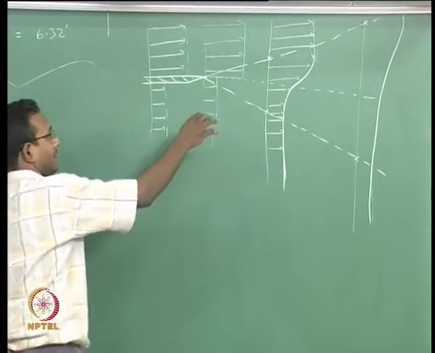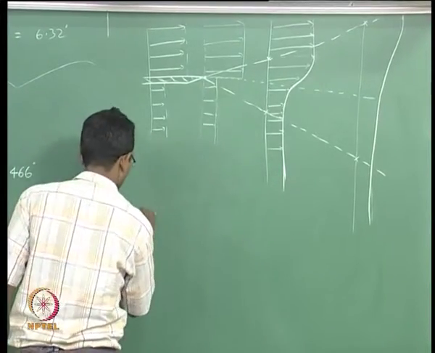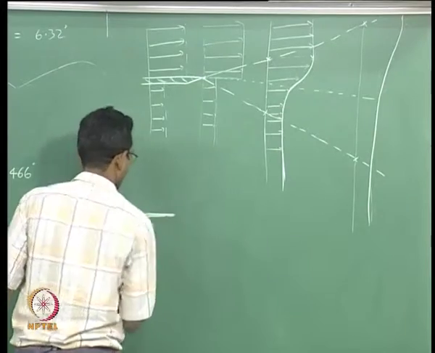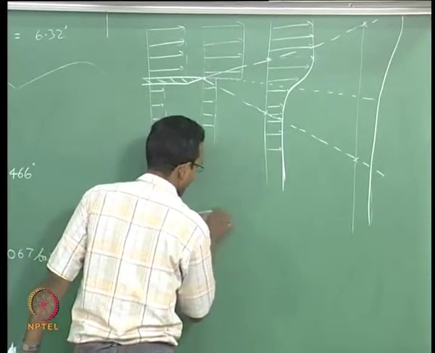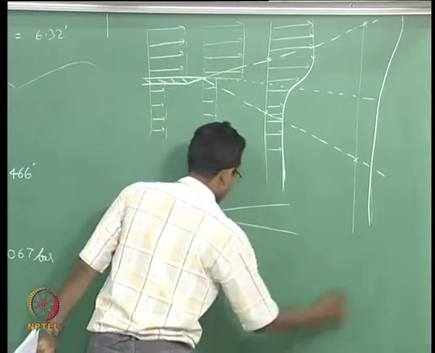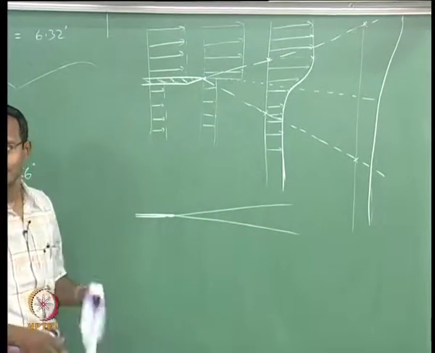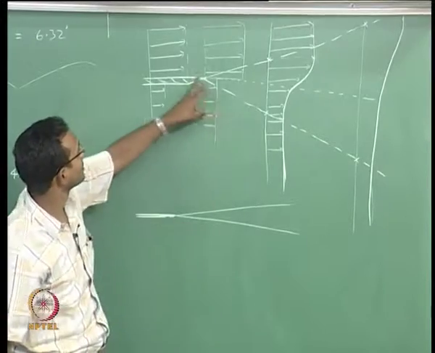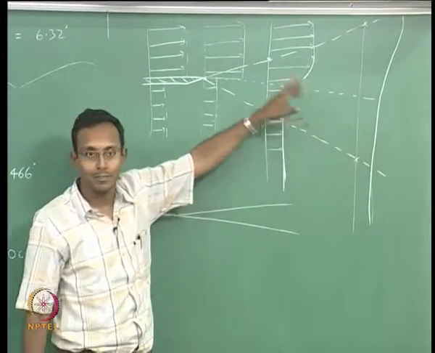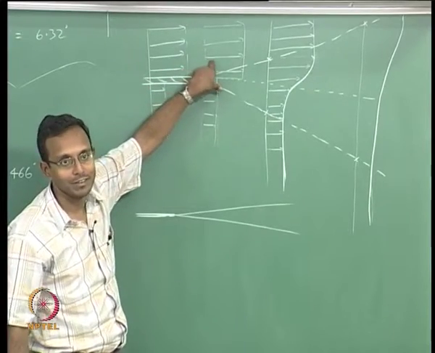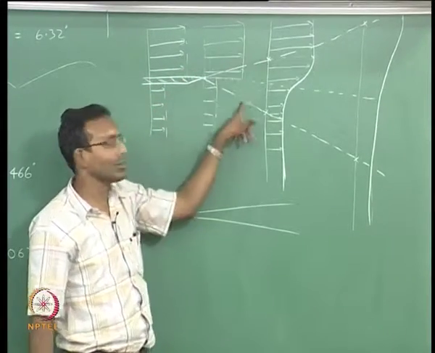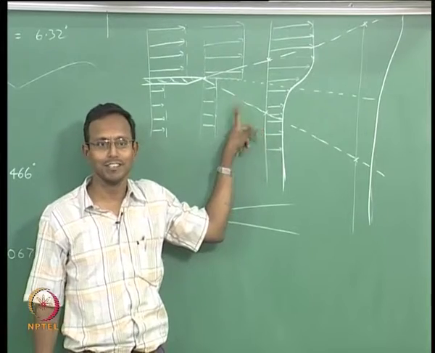Now, I will go for a different picture. I will draw a very thin splitter plate, and I am going to draw a more realistic shear layer growth that looks more like this. It will not be typically that. Oh, I wanted to talk about this dotted line going down. Typically, when the pressures are the same and the velocities are different, the P naughts for the top and bottom are different values. Which one is higher?